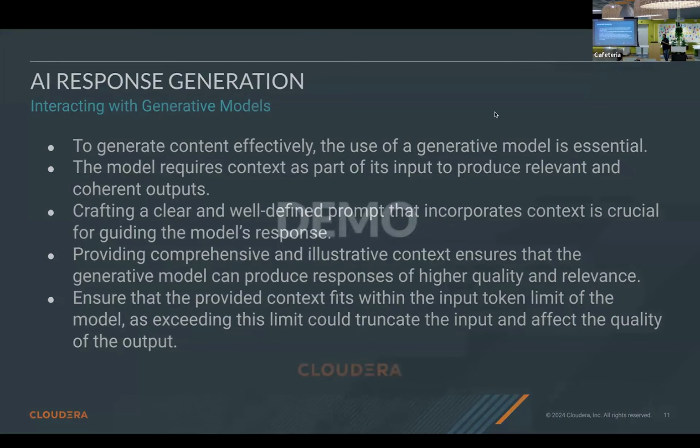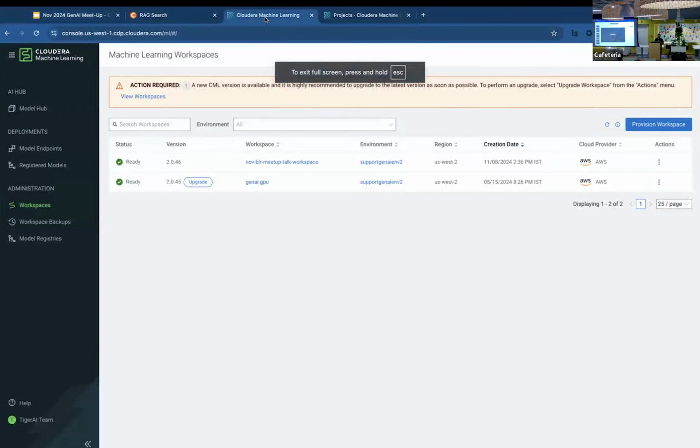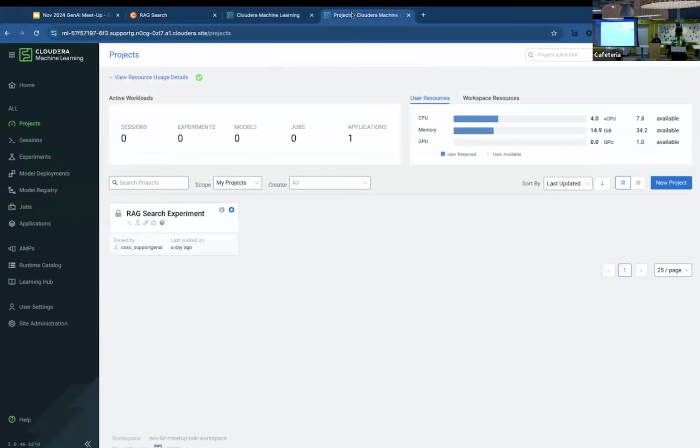All right. So so far we have seen the building blocks of RAG. Now it's time to go through the demo. For the demo, I would like to show you Cloudera's machine learning platform. Here I have listed a couple of workspaces. As you can see, these workspaces are created on a public cloud environment. We can create the workspaces on private cloud as well. So if I go inside the workspace which I created,